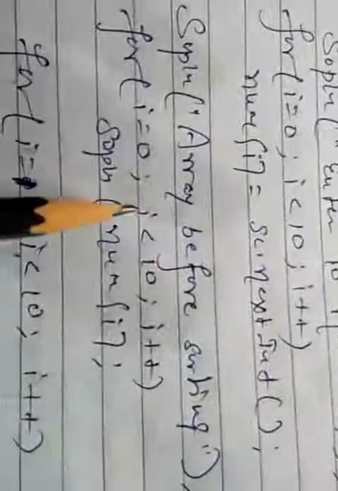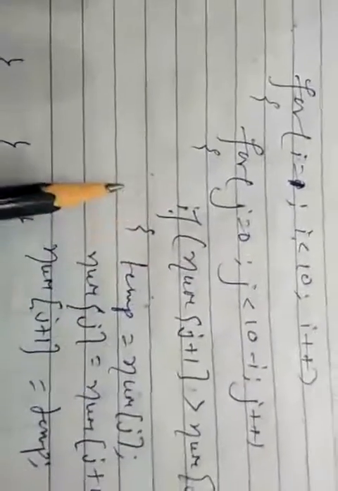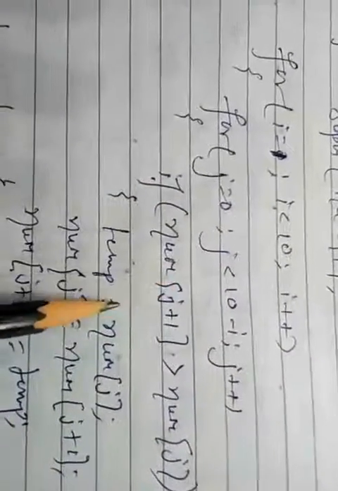Now here this is the program. We declared an array of size 10, and i, j and temp. Enter 10 numbers. We are inputting the 10 numbers here, and this is where we are printing the array before sorting. So the original array will be printed, and here this is the code of bubble sort. You should remember that only 6 lines of code are for sorting in bubble sort.